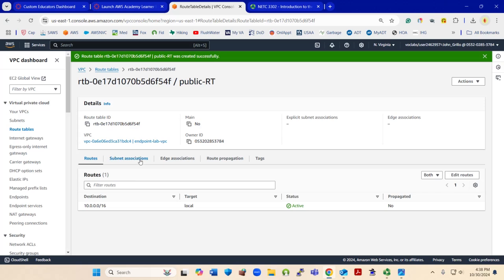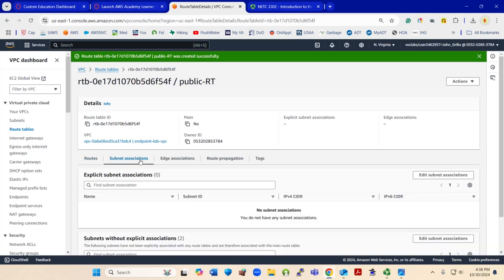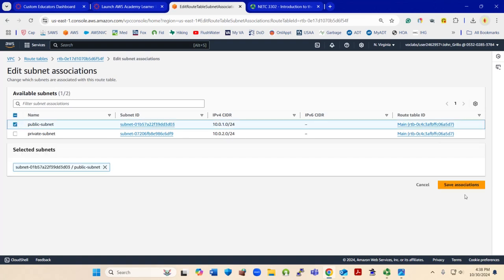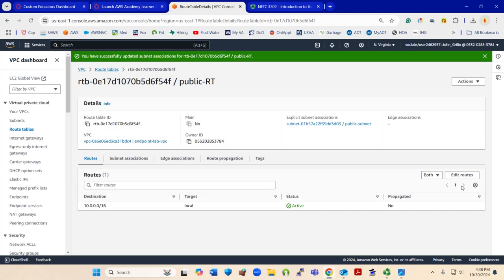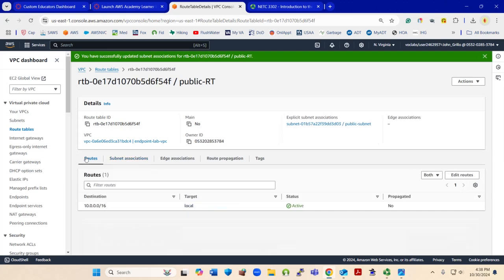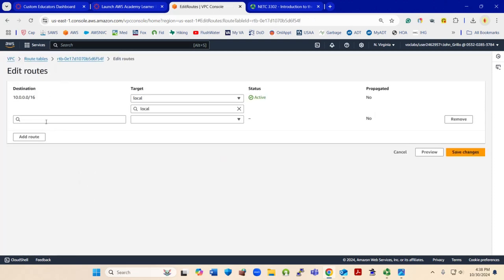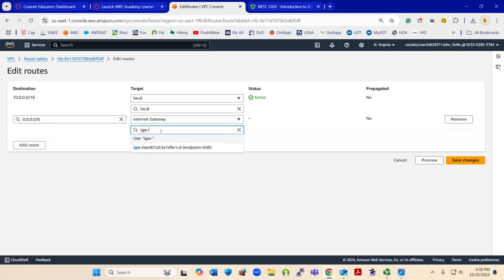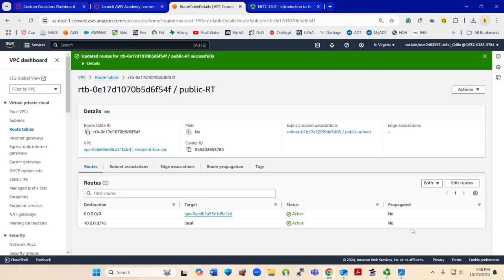So here's what makes the subnet public. When we go to subnet associations, we click Edit Subnet Association, we add the public subnet, and we save it. So you have your subnet association to the public route table, and then you have to edit the route and add the route. Once you add the quad 0 and specify your internet gateway, which is Endpoint IGW, and click Save,